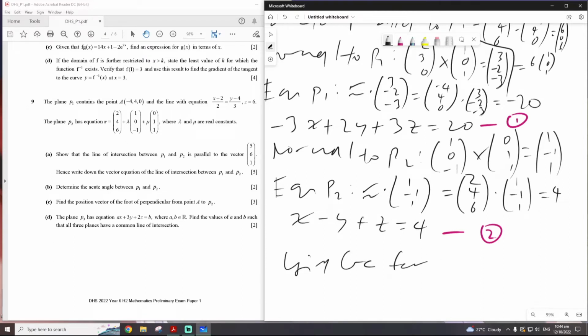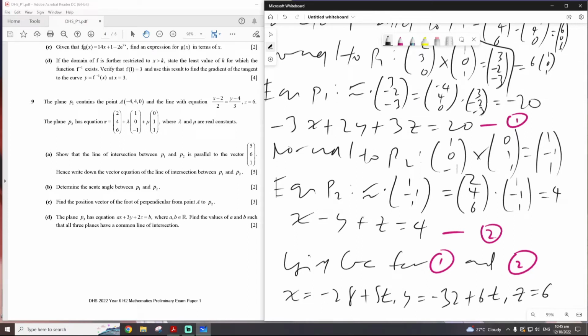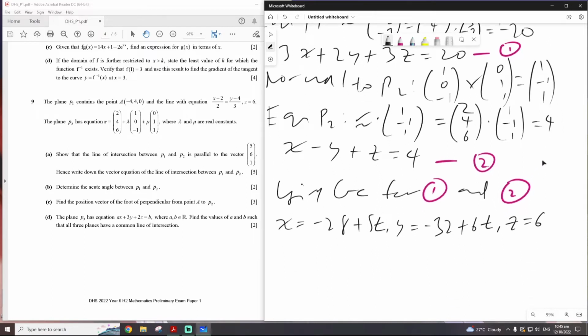Then use the GC for 1 and 2, and you will get the expression, right. You actually get x = -28 + 5t, y = -32 + 6t, and z = t. So the vector equation of the line of intersection